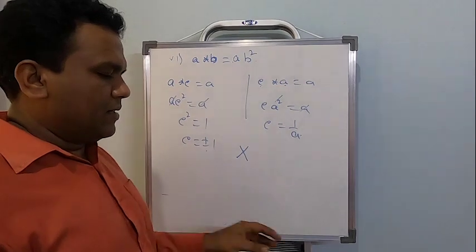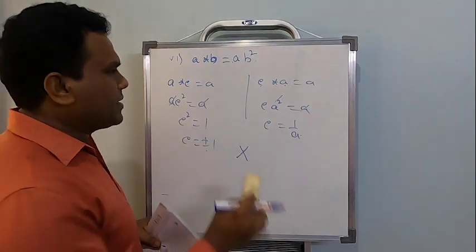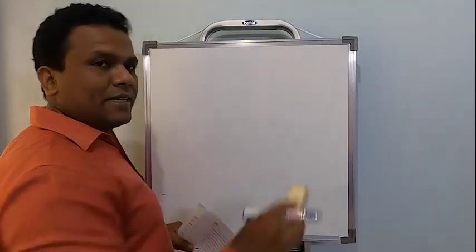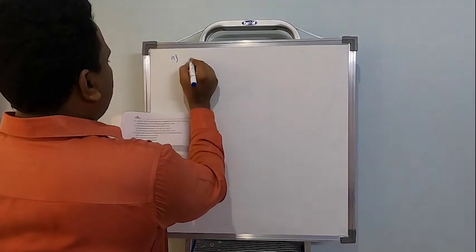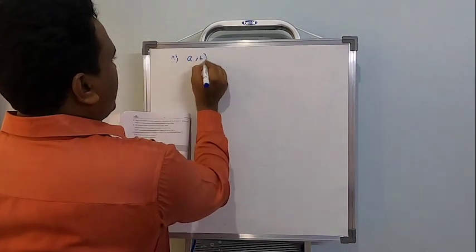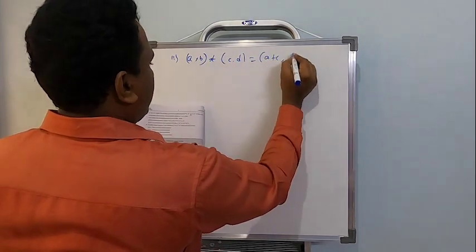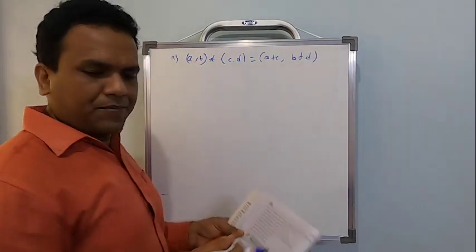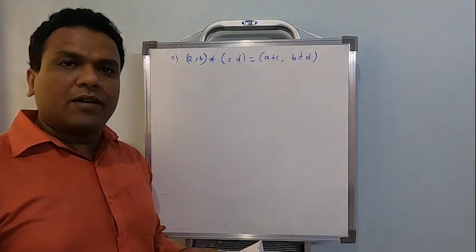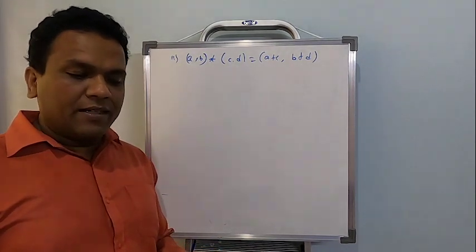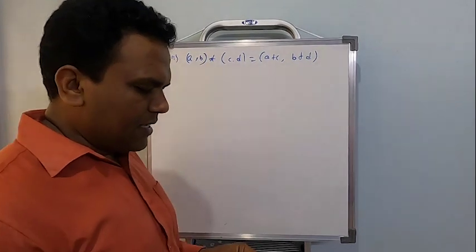So problem number 11 is based on natural numbers. It is based on ordered pairs actually, not single elements. So one single element from this topic is going to be an ordered pair. In the 11th one, they mentioned (A, B) star (C, D) is (A plus C, B plus D). Now we need to show that it is commutative, associative, and find the identity element if it exists. So we need to check whether the identity exists.